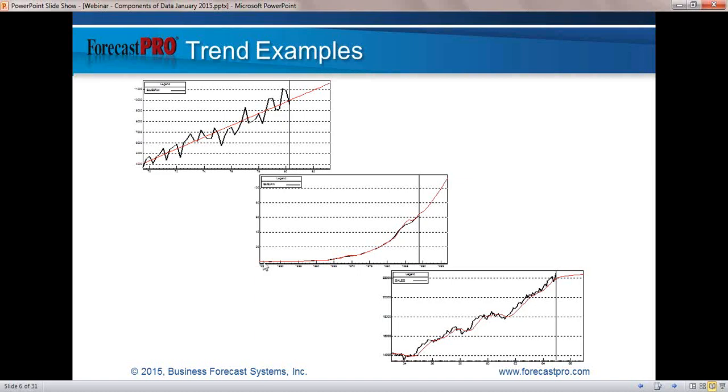The second example here is earnings per share for IBM. And I think it's on an annual basis. And what you can see is that the growth is much faster than linear. And we have this kind of exponential growth. So this is an example of an exponential trend. And rather than getting a straight line trend, we have something more aggressive than that. You want to be very careful when forecasting exponential trends. You want to make real sure that indeed something is growing exponentially before you actually commit to that kind of